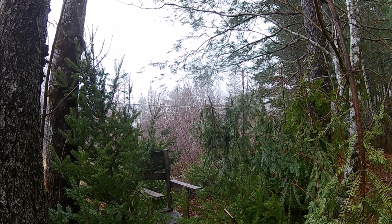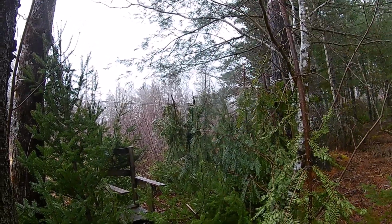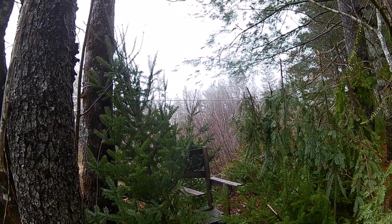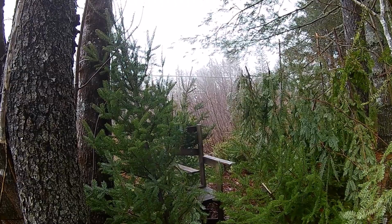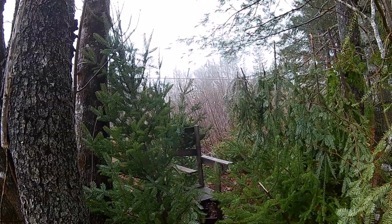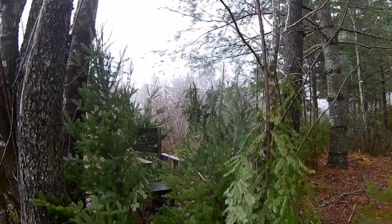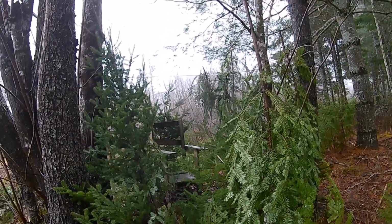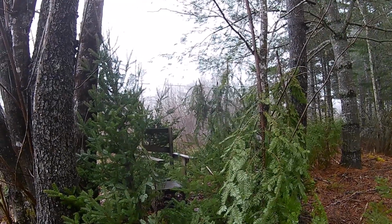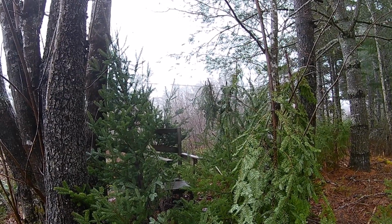And remember, at nighttime, they're gonna be all over this place. So if you have one of those synthetic blinds, once they come right around here, they're gonna smell that. And they'll still move through the area, but they'll give this little spot a wide berth because they know there's something wrong here. But this here, with the brush and the rope and the natural rope and the chair that's made out of wood and stays out here